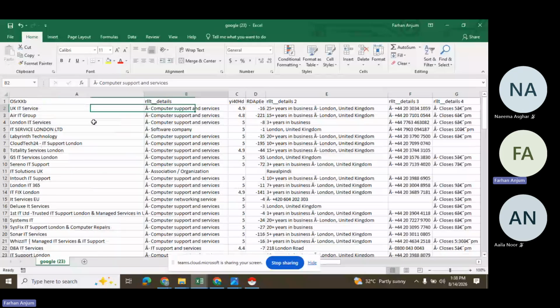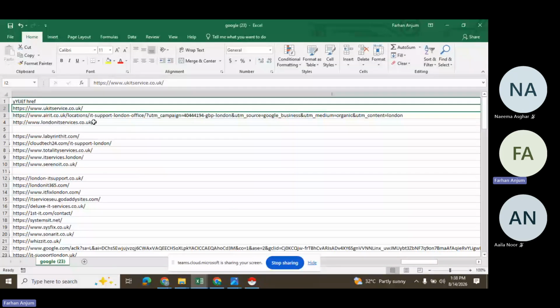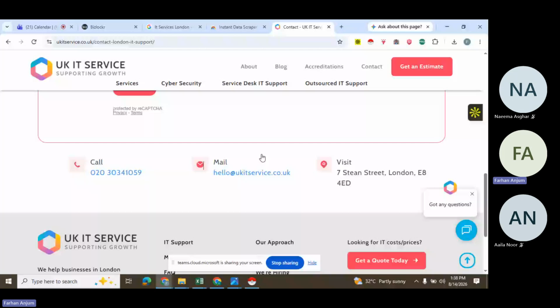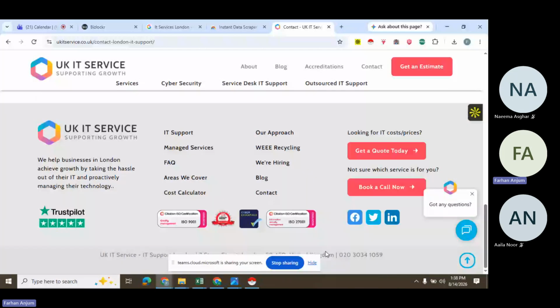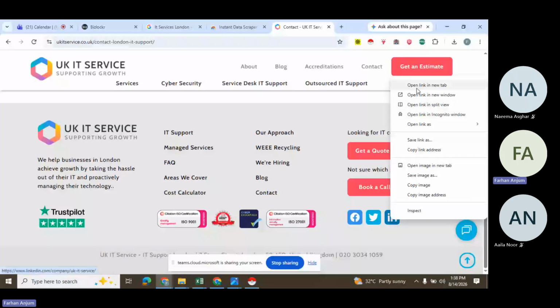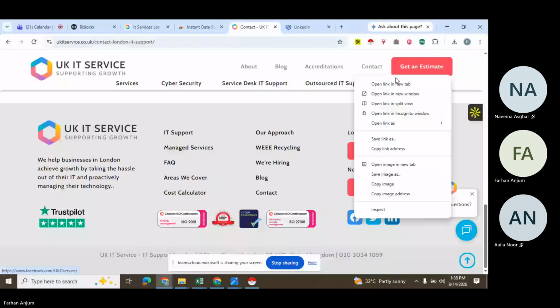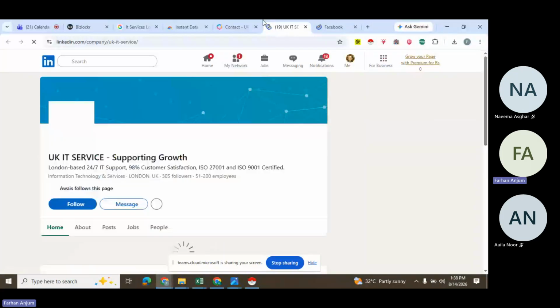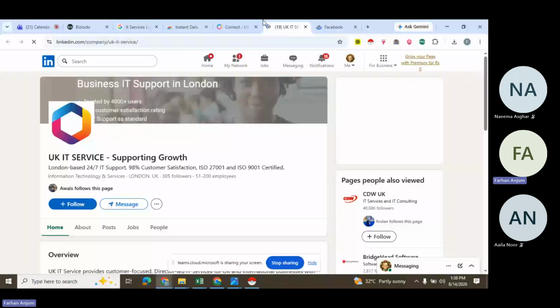So that means whatever information we're getting from here, we can definitely get it reconfirmed, revalidated, and then what do we need? We simply need to send them an email, we can give them a call, or we can give them a visit. On top of that, they would also have their social media accounts over here. We can reach them out over LinkedIn, we can reach them out over Facebook. So with the help of just one click, we have got each and everything right in front of us.